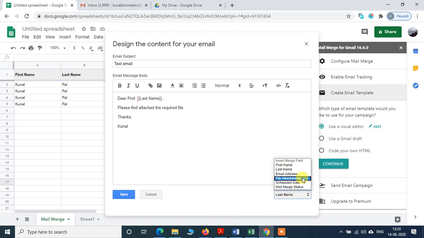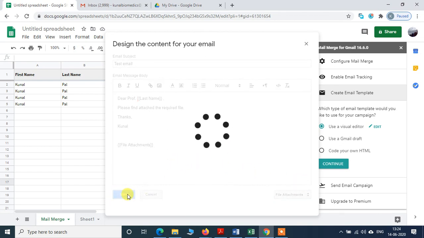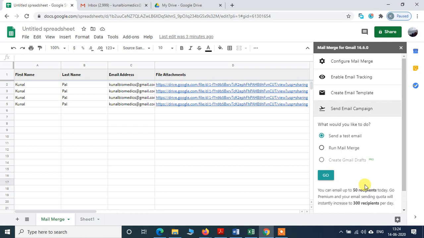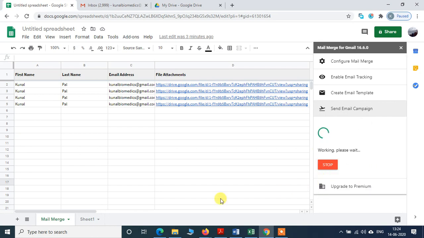then file attachments, save, send email, run mail merge, go.